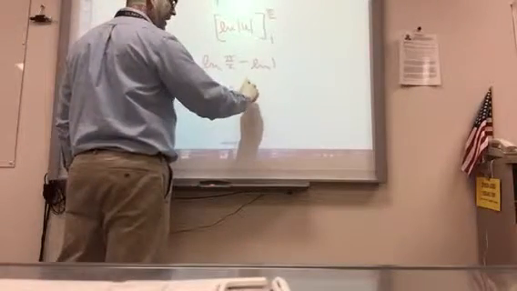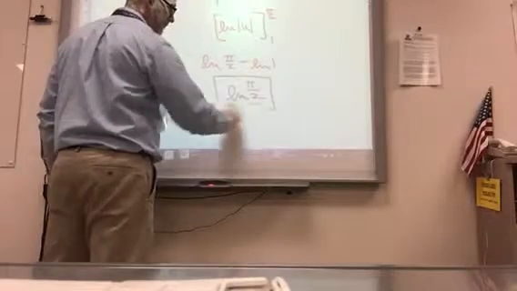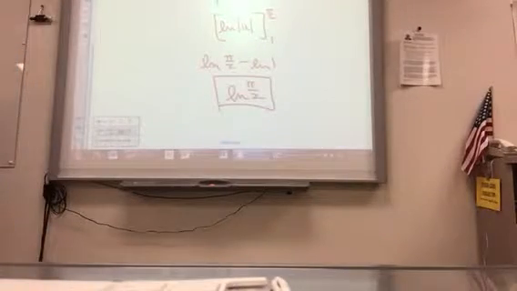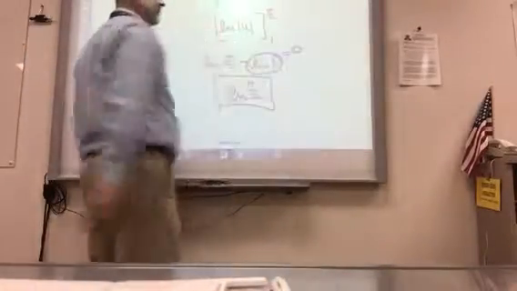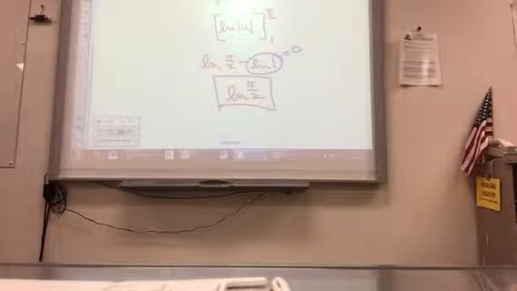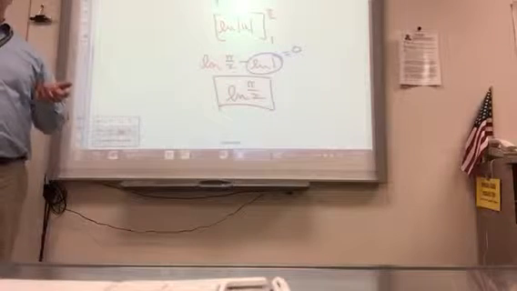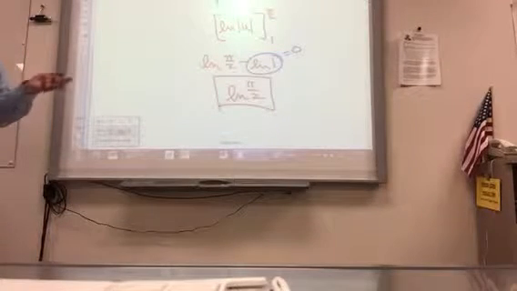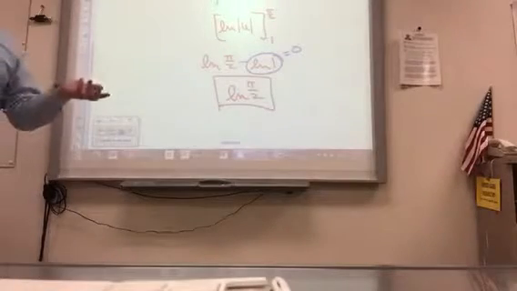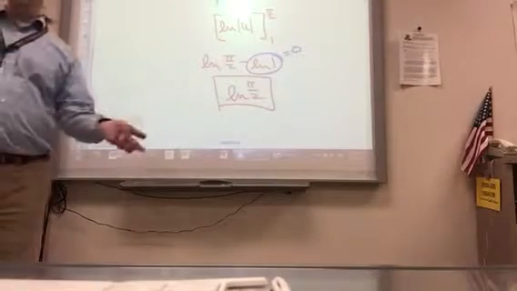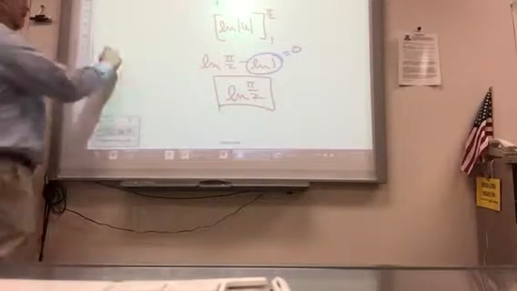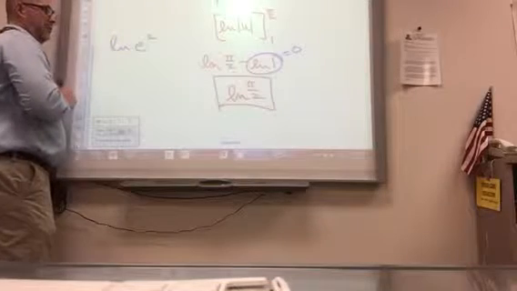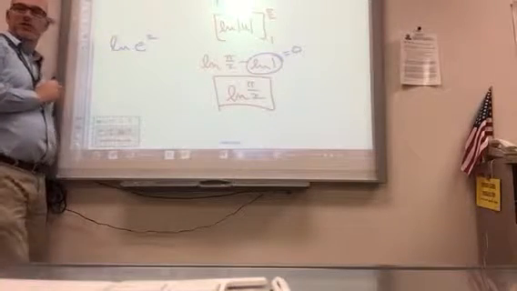Happier if you know why I'm just going to write this. Why am I just going to write that? Because this equals 0. Right? I said, I think on Wednesday or whatever, if we were doing this, that there's only 2 natural log values you should really know. It's kind of a lie a little bit because you shouldn't, but you should know natural log of 1, 0. You should know natural log of e, 1. And why I say it's kind of a lie is because you should really know natural log of, say, e squared. But it's not a lie because that really just means you need to know the natural log of e,